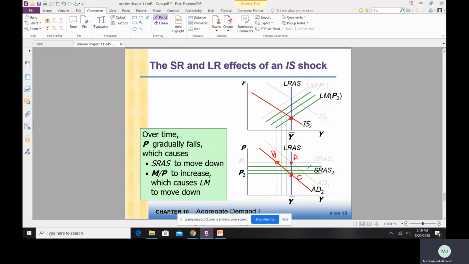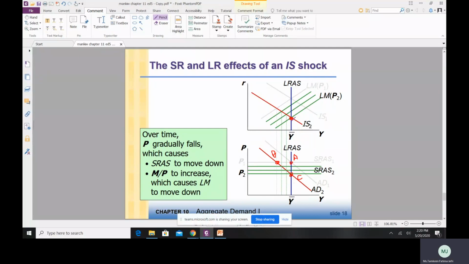लेकिन इसके पीछे जो मैकेनिज्म है वो अब आपको यहाँ ऊपर वाले पैनल में नजर आ रहा है कि whenever the IS is going to shift downwards, देखो your output level is now less than the full output level, which is going to put downward pressure on prices. Because of the downward pressure on prices, जब price तब्दील होती है तो LM curve बाहर की तरफ shift होता है, और LM तब तक shift करेगा, यानी price तब तक कम होगी until we are again back at Y bar.